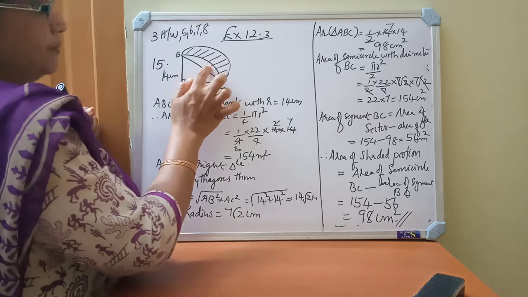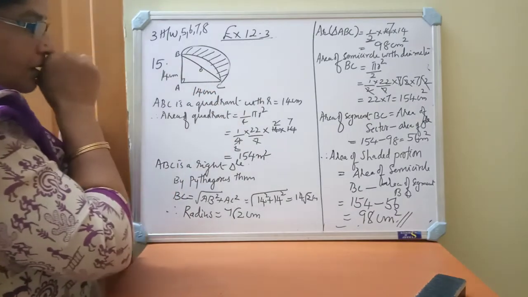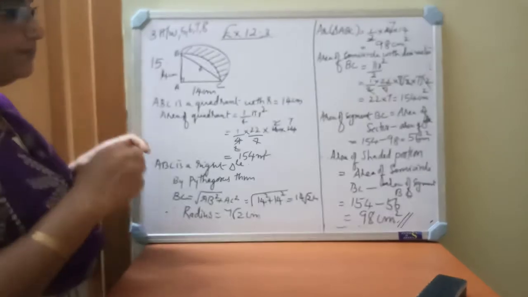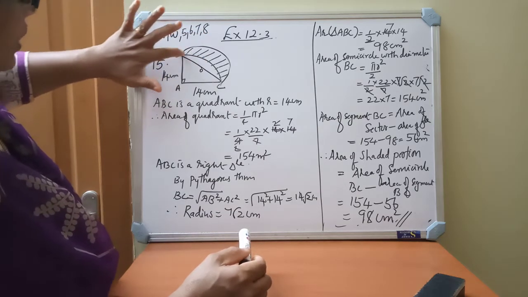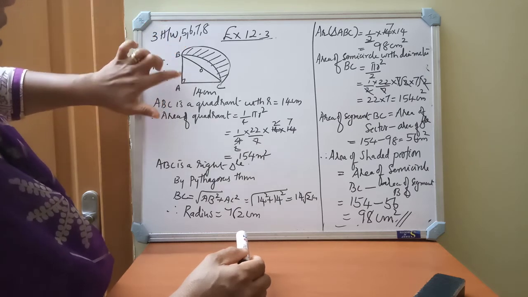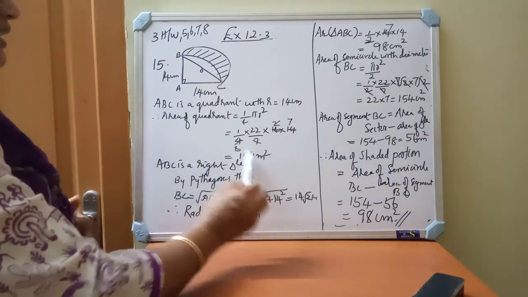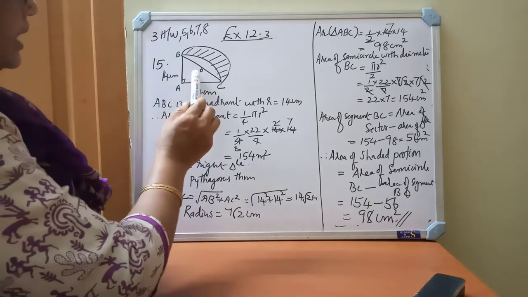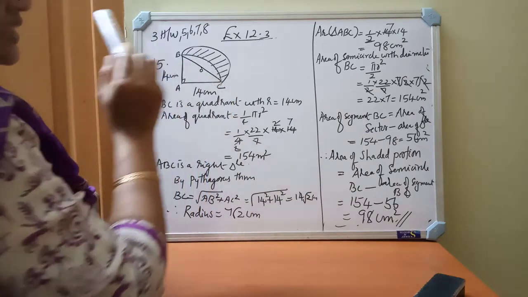Then area of a segment. How we will get area of a segment? Area of this sector minus area of right triangle BAC. Okay. So for that, area segment BC finding, we must find out area of sector. So theta is 90 degree. Already we find out area of this sector as a quadrant. It is acting as a quadrant. We got the area of the quadrant first itself, 154. That you must substitute here. Okay. Minus area of triangle also we found out. That 98 you substitute. The subtraction we will get this as 56.